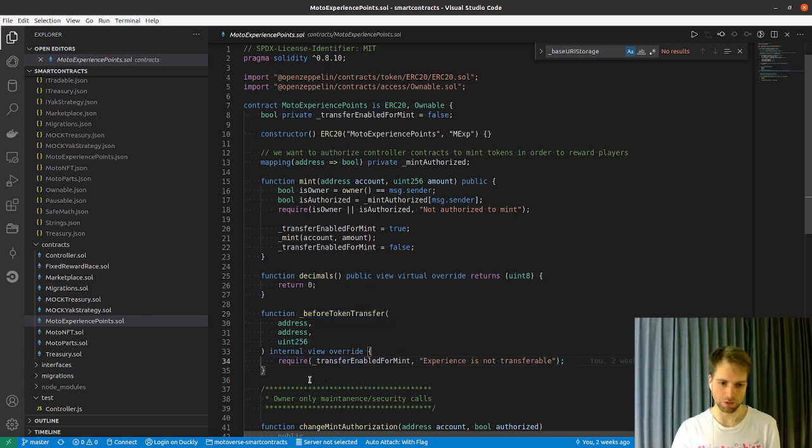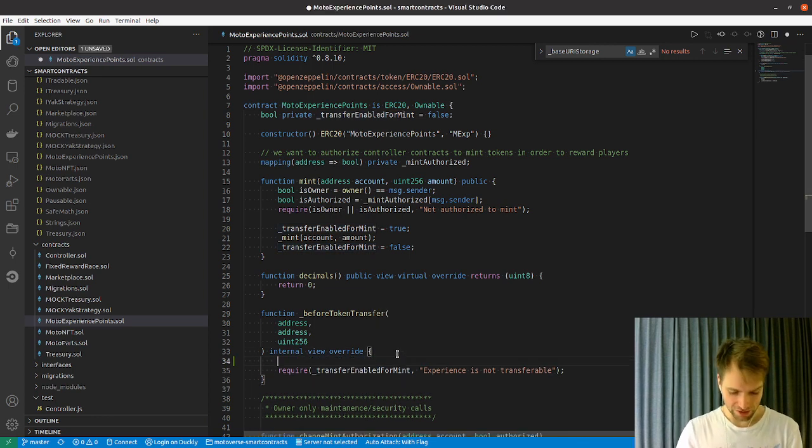So you can require or assert that some things are true before you do those. And as you might be aware, if you do a require statement and it's not true, it's going to revert the whole transaction, so nothing's going to happen. So if somebody tries to transfer this token, this is going to be run, and we check that transfer enabled fails.